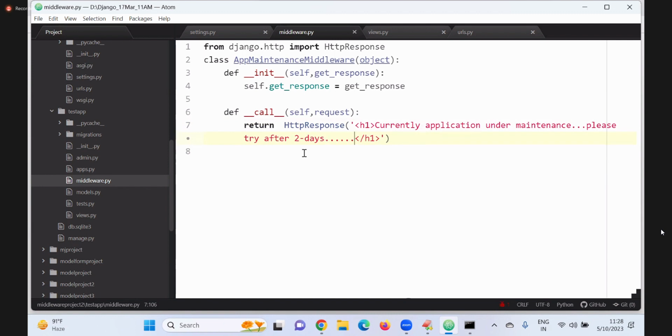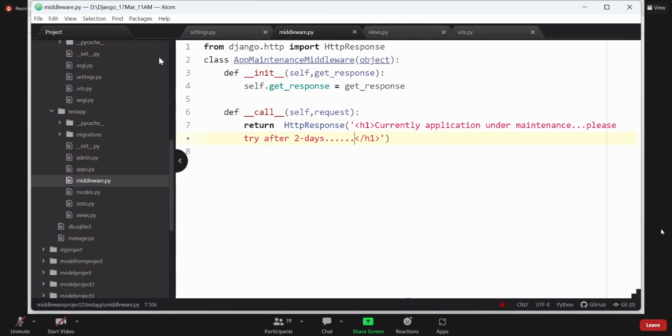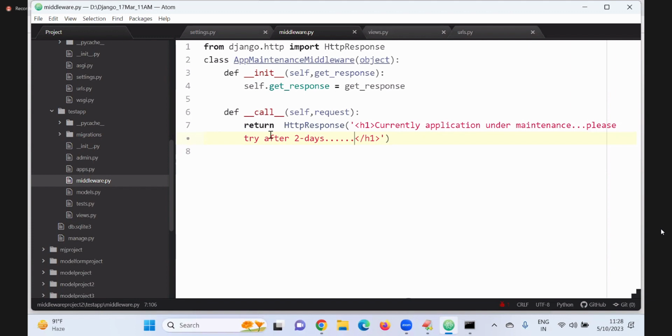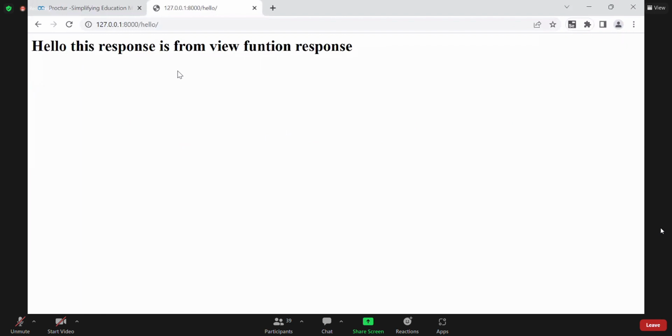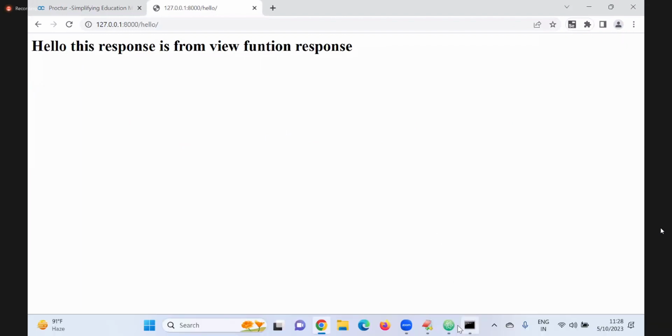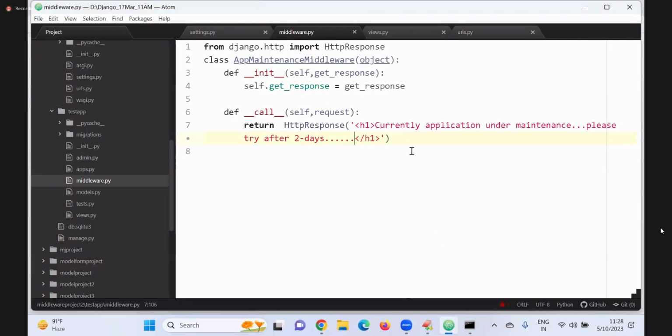Middleware is over. Now, what will happen? The first request will go to the middleware, and from there it will go to the views. When we send a request, previously, what message was available? This message was available. Instead of this, which message is it sending? The middleware message: currently the application is under maintenance, please try after 2 days.